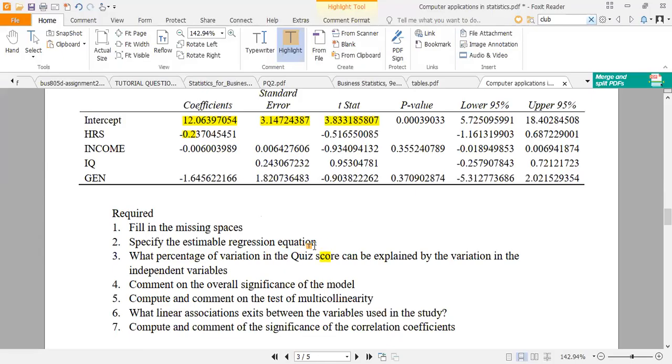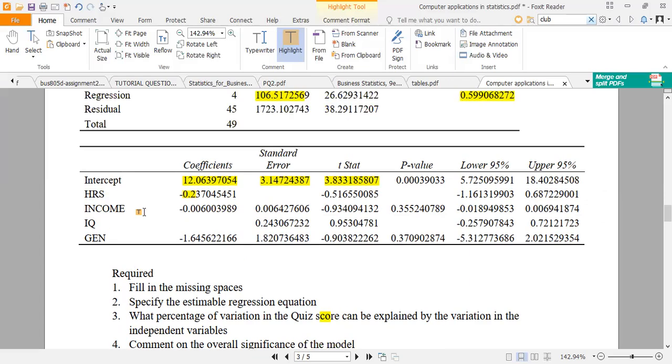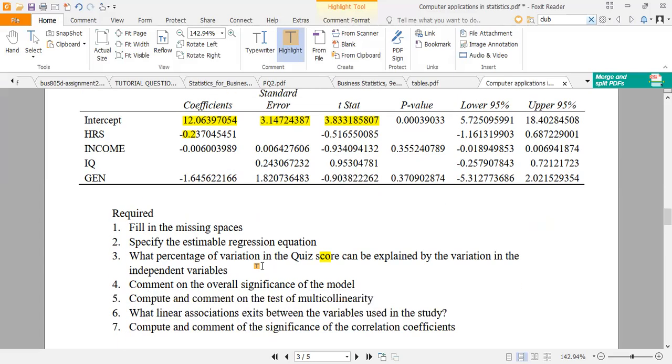Estimable regression equation means that you write a regression equation of the intercept, HRS, income, and so on, as well as the dependent variable, but don't put in the coefficients. Just write them beta, beta, beta, beta, right? So that's the estimable regression equation. Then,